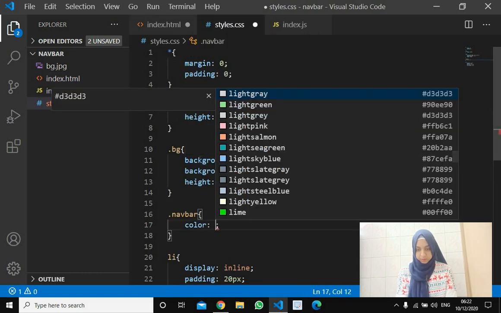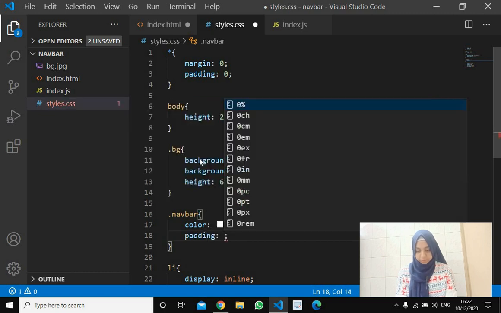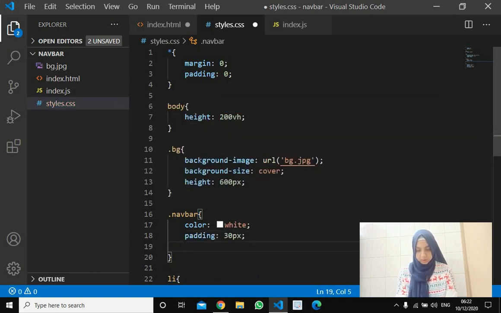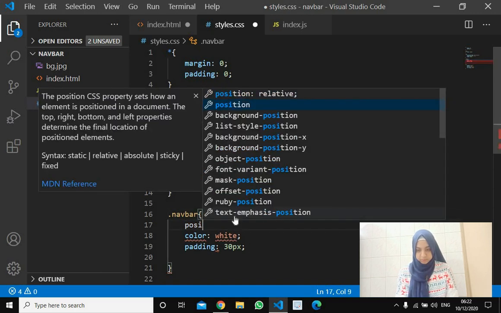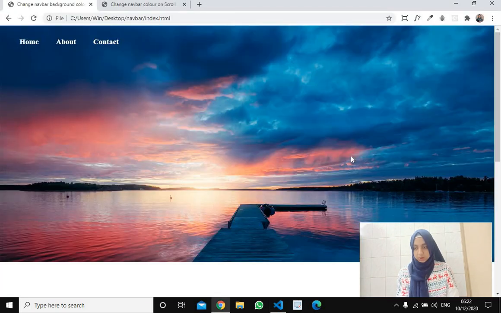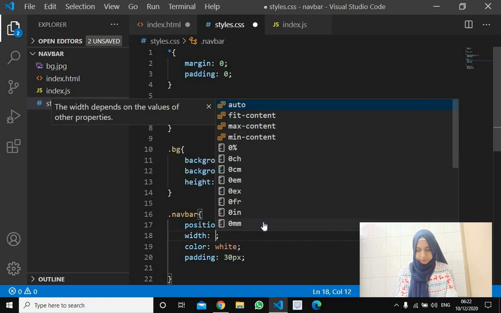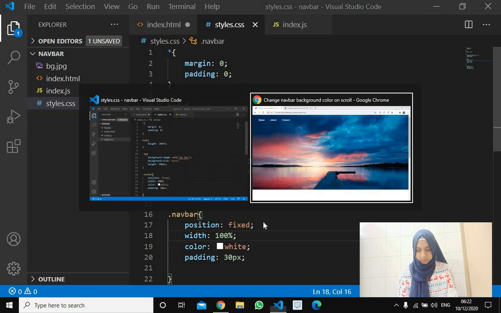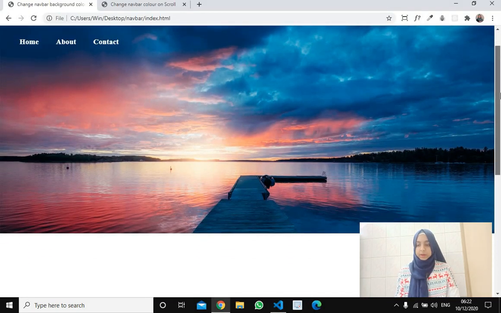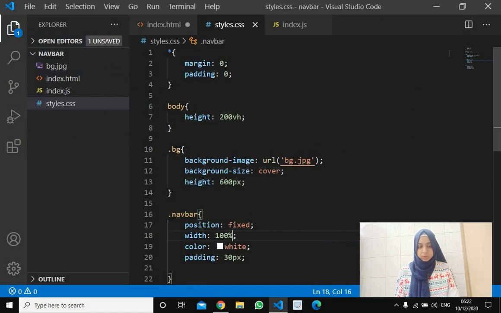Let's give it a color of white, padding of 30 pixels, and then let's give it a position of fixed, right, because we want it to stay there when we scroll. And let's give this a width of 100%. Okay, so here we have our navbar ready, but can you see when we scroll there is no change, the background color doesn't change. So what we'll be doing is,